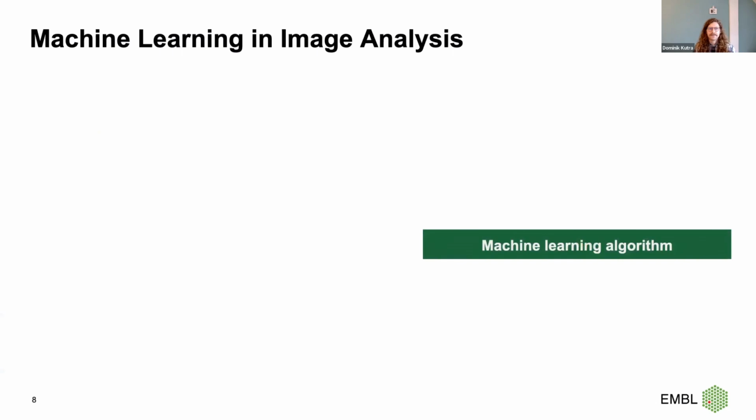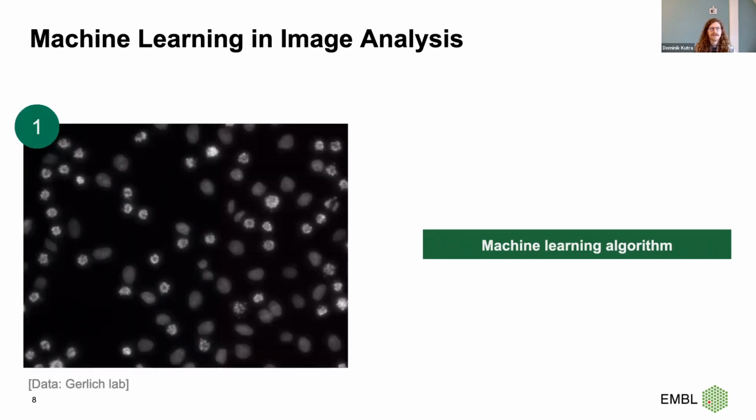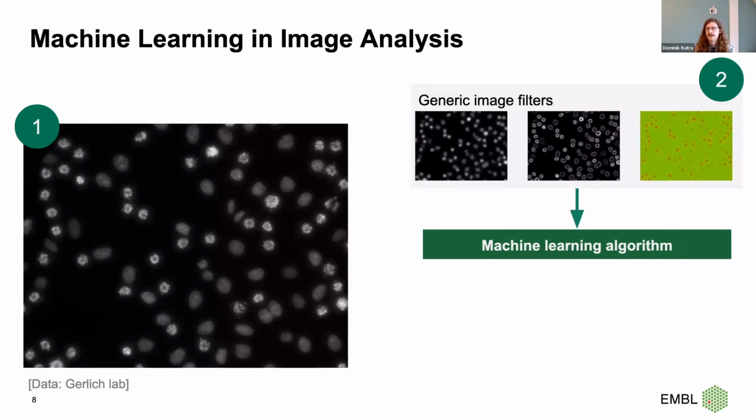But if we go back, if you remember what I showed you in practice, roughly what I did there when I loaded this image, I went on to select some features. And what are these features? In Ilastik, those are generic image filters. They take the image and perform some operation that produces a new image highlighting certain characteristics of the structures in the image. For example, in the center, you can see something that highlights boundaries, or on the right, something that highlights